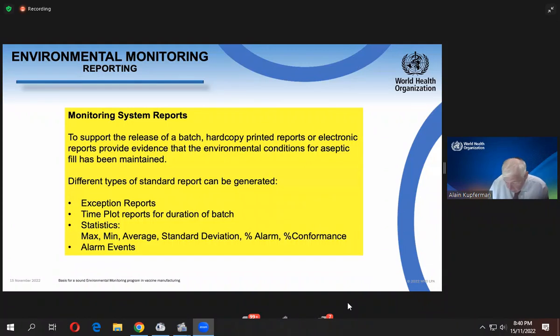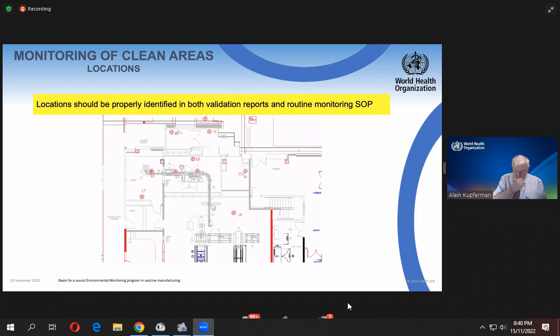And which we also will find in the annual product review. But the location, for instance, if you do validation, you see, they have to be properly identified. So I will identify here exactly where I do my location, and not only, it's three-dimensional, don't forget, at which level and where in the room. Location should be properly